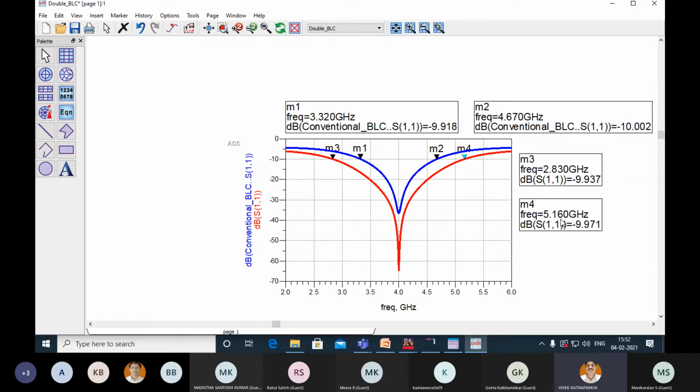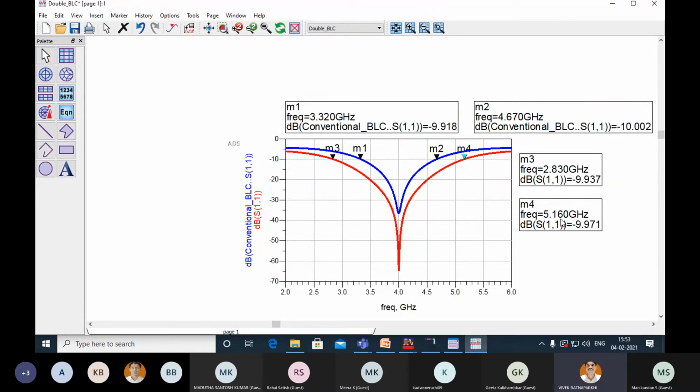So if you compare percentage wise, if 4,000 is the center frequency, 10% is 400. For the single box the bandwidth is 1350, so that is almost 23%.